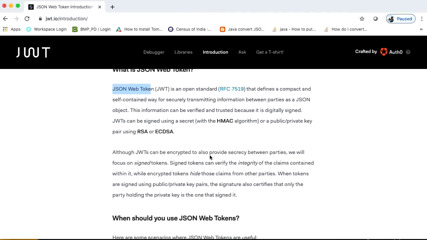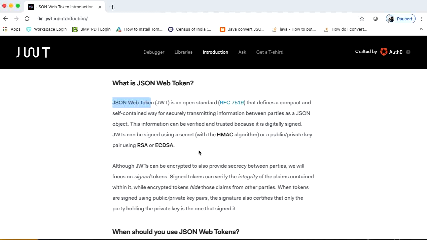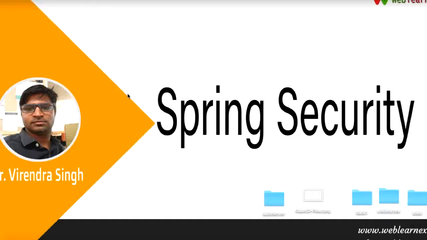It is a security mechanism which is highly recommended and a highly secure format to transmit information between two parties. Meaning if I want to access any information from any server, and I want very highly secure security, then we need to implement JWT security.